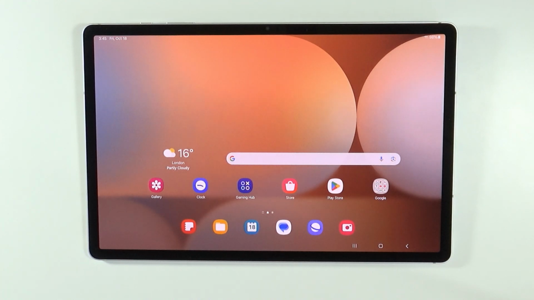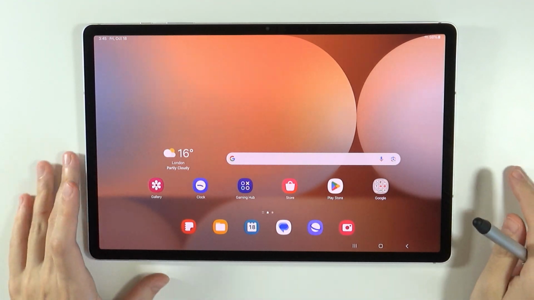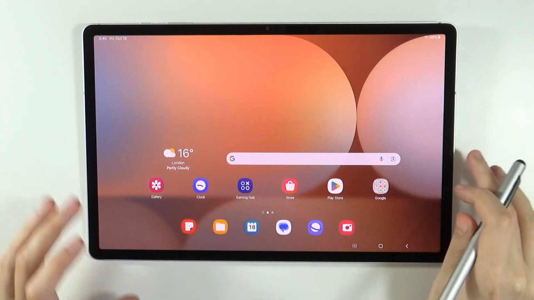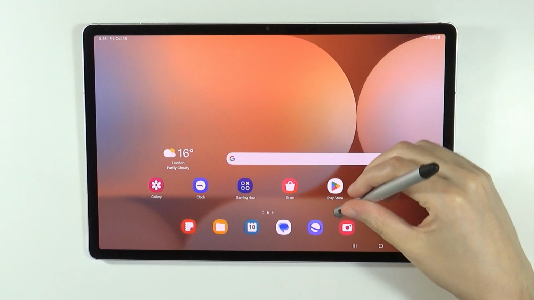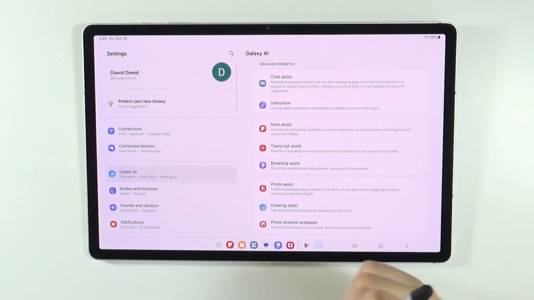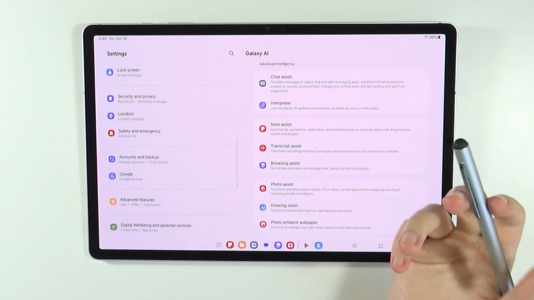Hello, if it seems that you have something synchronized with your phone on Samsung Galaxy Tab S10 Plus and S10 Ultra, here's what you can do in order to disable the synchronization. So in order to unsync, you will probably need to get rid of either the Samsung account or a Google